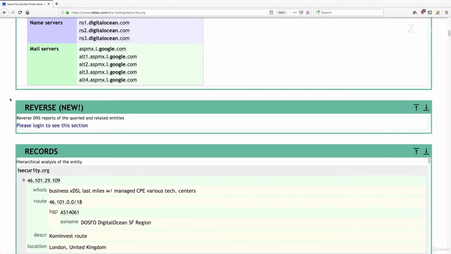The reverse section will perform reverse DNS lookup. So as I said at the start of the lecture, DNS is used to translate domain names into IP addresses. In a reverse lookup, we use the IP address to see which domains link to this IP address. And like I said previously, this can be very, very useful because we'll be able to discover other websites hosted